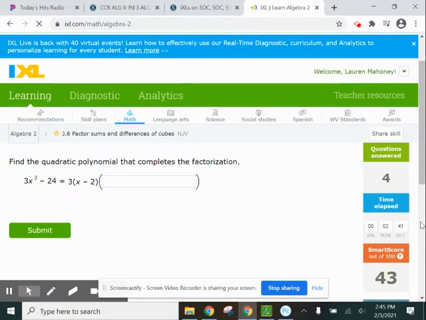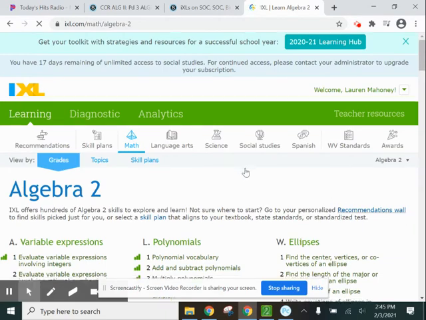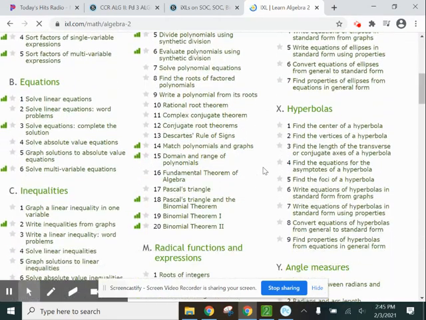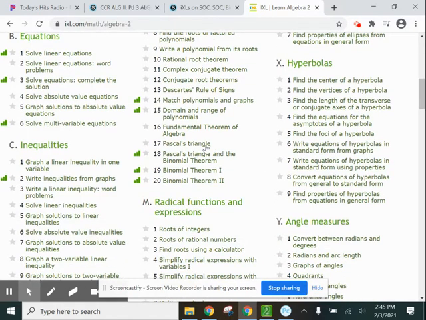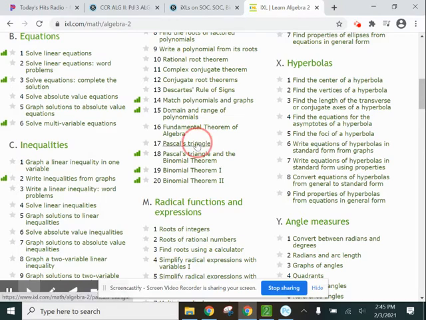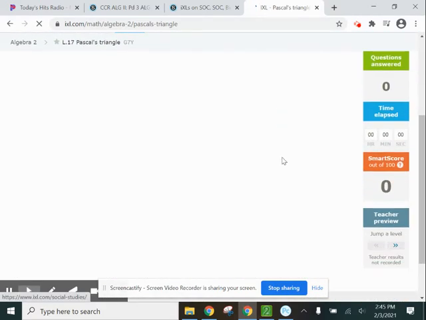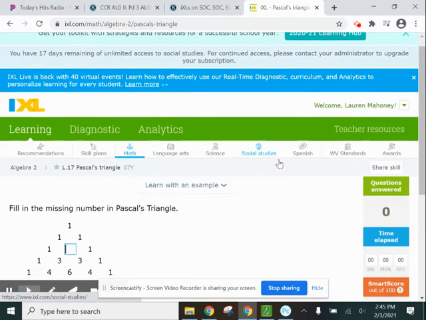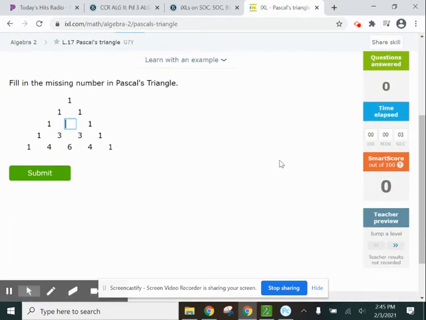So if we go back to the Algebra 2 section, the other 3 that are on this one are L.17, 18, and 19. So it's going to put us down here. And again, these aren't starred yet because I'm making this a little bit in advance. So Pascal's triangle, which is L.17, this is a triangle where every number is found by adding the 2 numbers